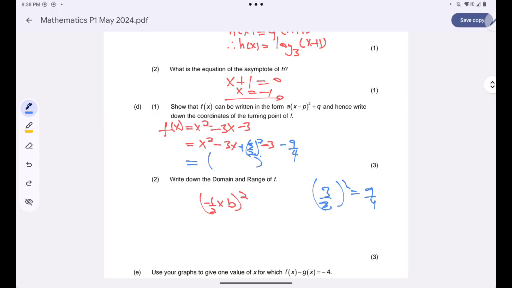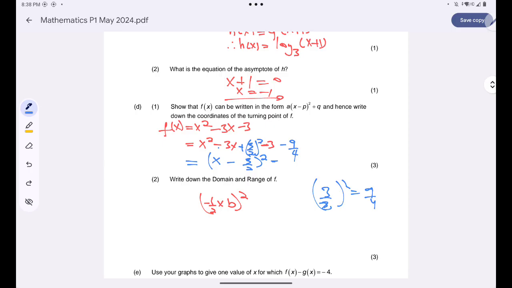I'll just open a bracket and put a square there. No? What is the square root of x squared? Is x. The square root of 3 over 2 all squared is simply 3 over 2. Then I'll take the sign of the middle term. There's minus there. No? And whenever I add or subtract those numbers, I'll simply get